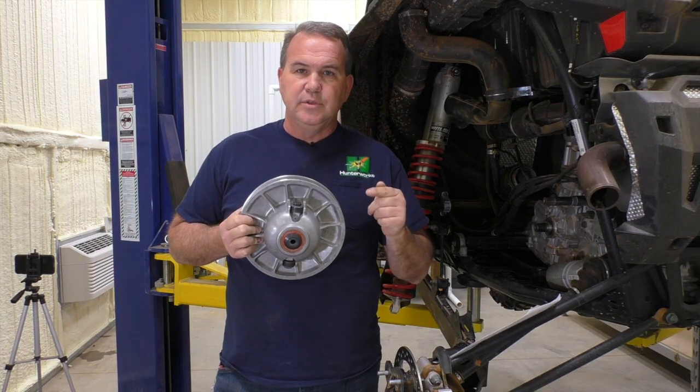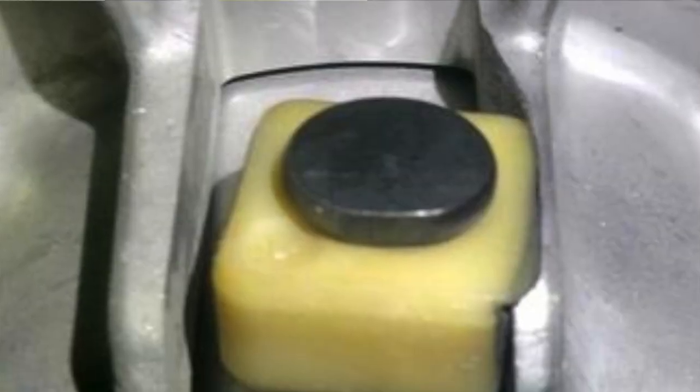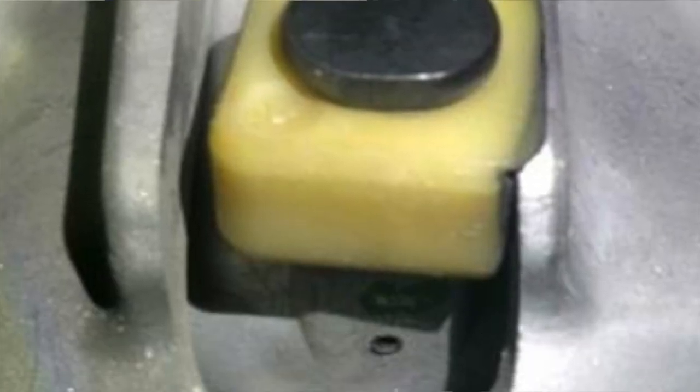All right, I'm fixing to put you in a picture here of what the damage from the square pucks looks like. Now take a look at that. That's awful. It can easily be prevented with our rollers. All right, the next reason, or one of the top reasons that people have belt problems is, and it's very